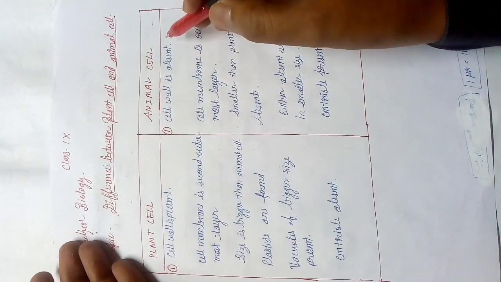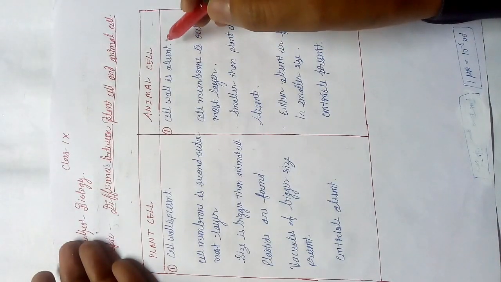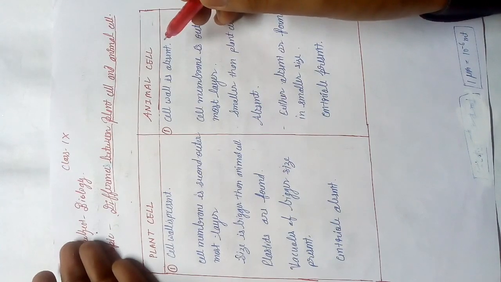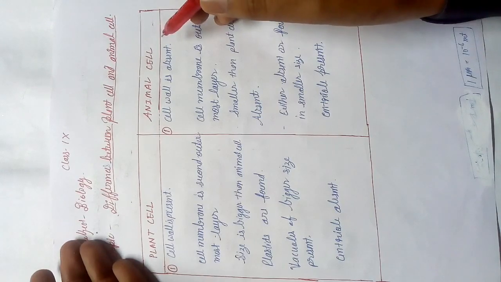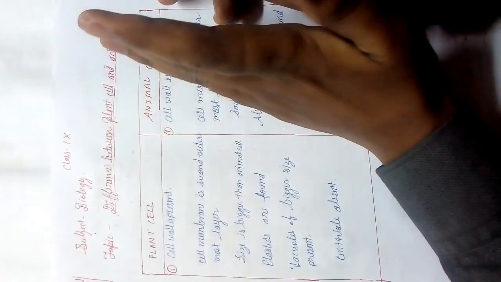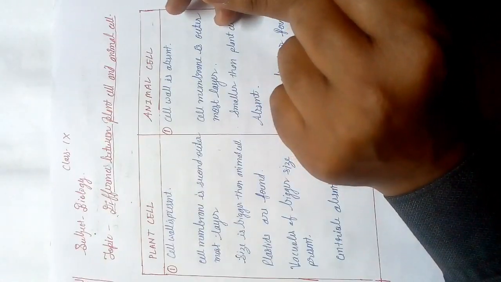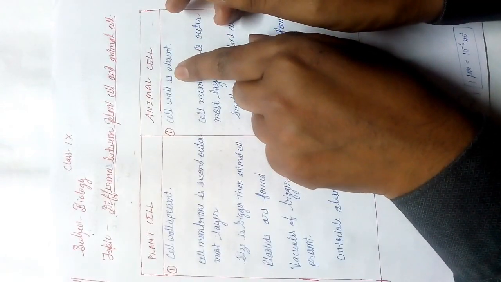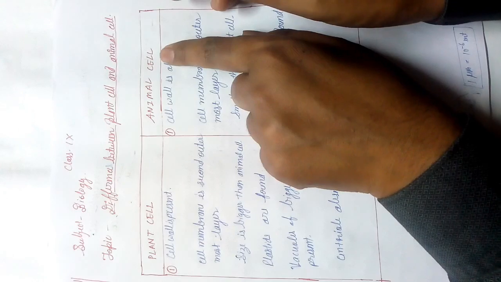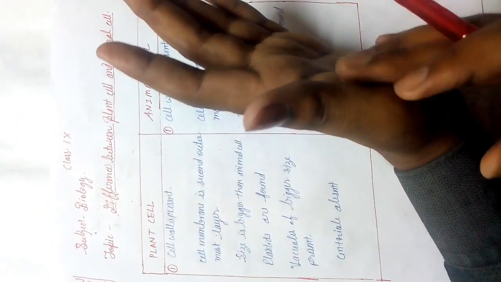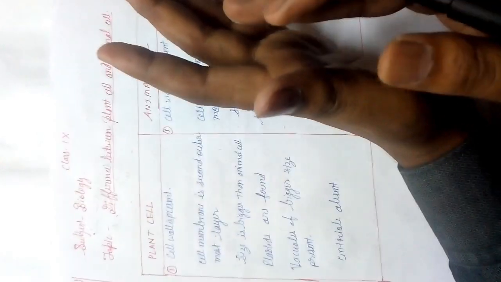So what is the benefit of not having a cell wall in the case of animal cells? Anyone can guess it? Some of you must be thinking in the right way. Okay, let me tell you all. When there is a cell wall, it gives rigidity to a cell. But when it is absent, in the case of animal cells, the animal cell can be flexible. Some of you are getting my point.